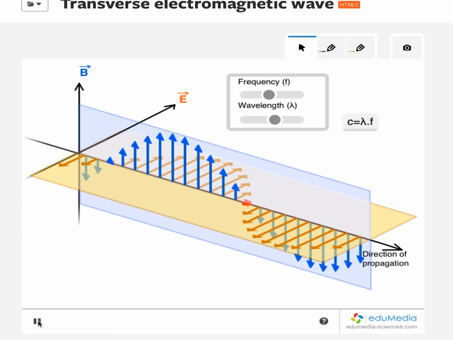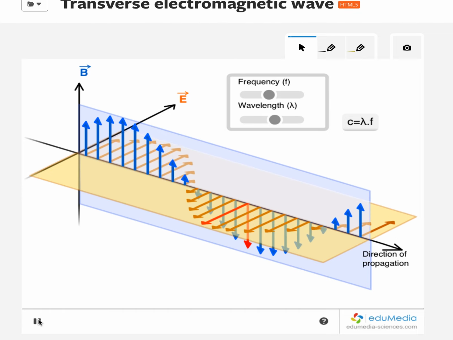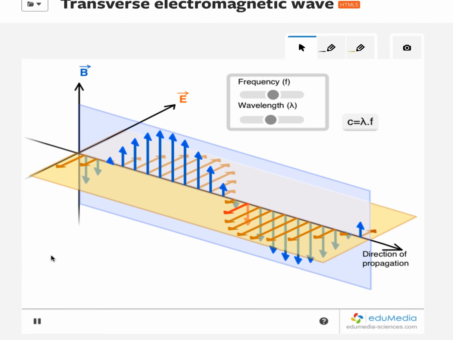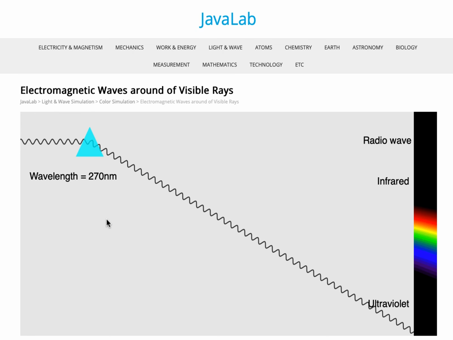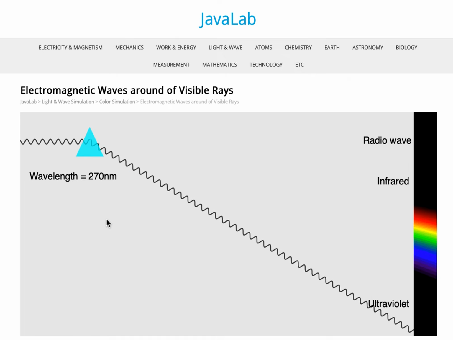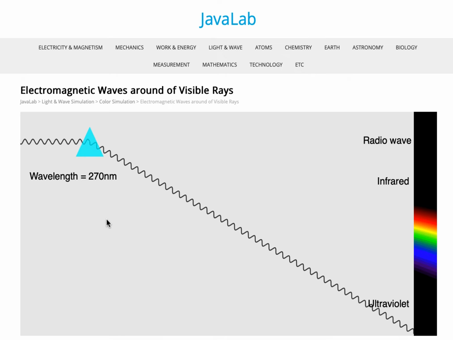And so you notice here, it vibrates more slowly. It has a smaller frequency, but the top of one wave to the top of another is longer. So for all waves, in this case electromagnetic waves, the bigger the frequency, the smaller the wavelength, and vice versa. This computer simulation is going to help us understand the relationship between wavelengths of electromagnetic radiation and the specific